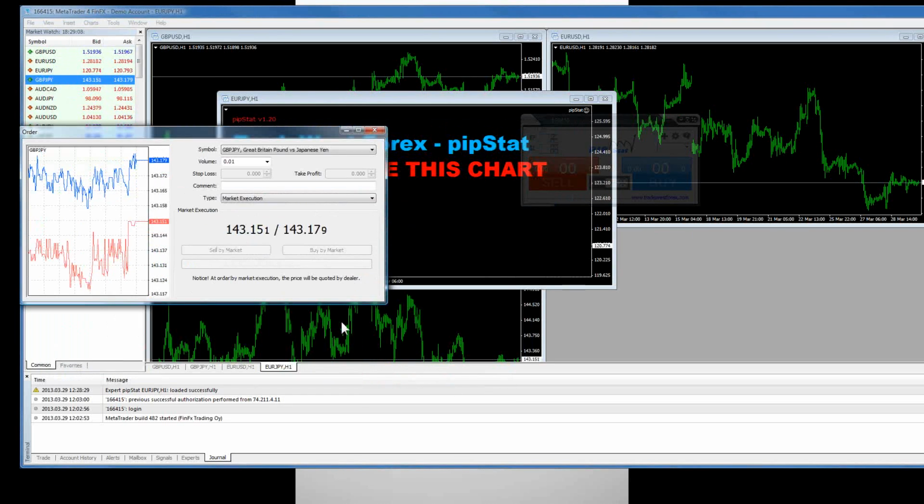This right here is provided through MetaTrader, and any MetaTrader broker that's offering MetaTrader 4 is going to offer this little window. One nice thing about it, I guess, as you're learning things, is it's going to show you the actual symbol. It's going to tell you what it is: Great Britain pound versus Japanese yen. That's the nice part about it.